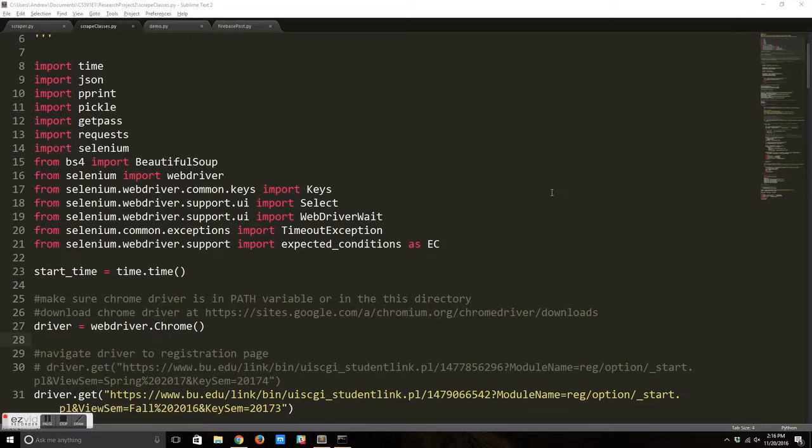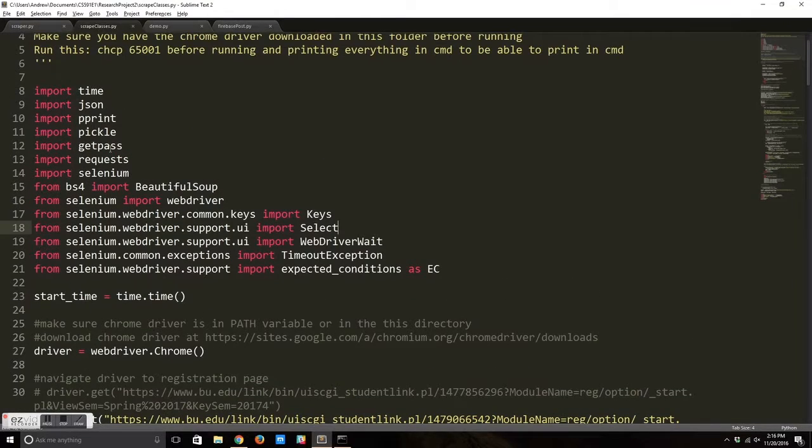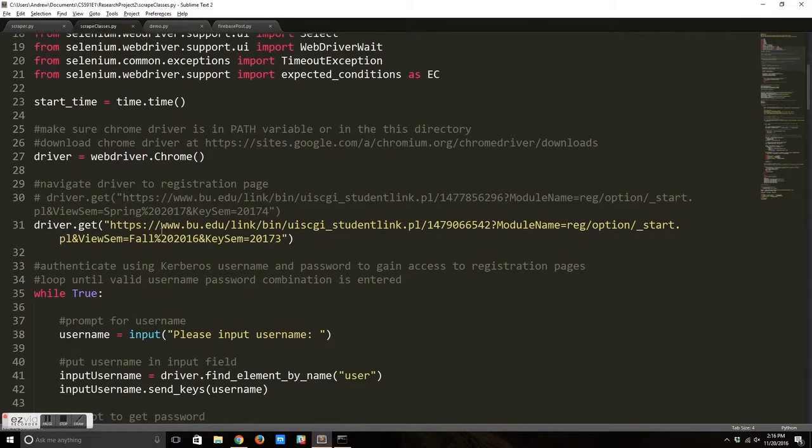Alright guys, so now that we've learned the basics of using Selenium and Beautiful Soup to scrape the web, I'm going to show you what we did for our final project using web scraping. So here are a bunch of import statements, kind of the same as before. There are some extra ones that help with debugging, this one also helps with saving dictionaries, and then a bunch of other things from Selenium that I'll get to. The information that we want for our final project is all the classes at BU